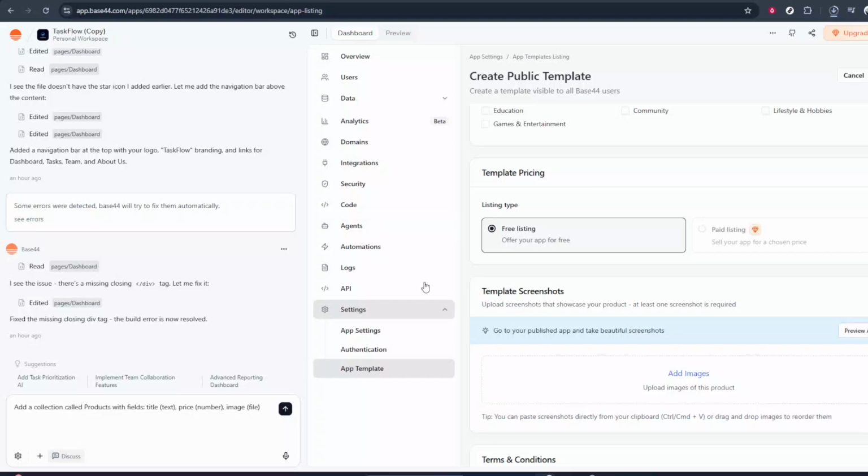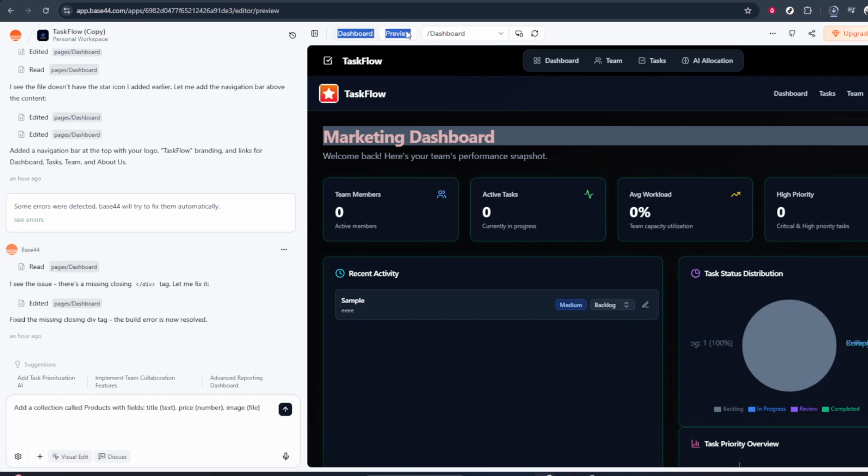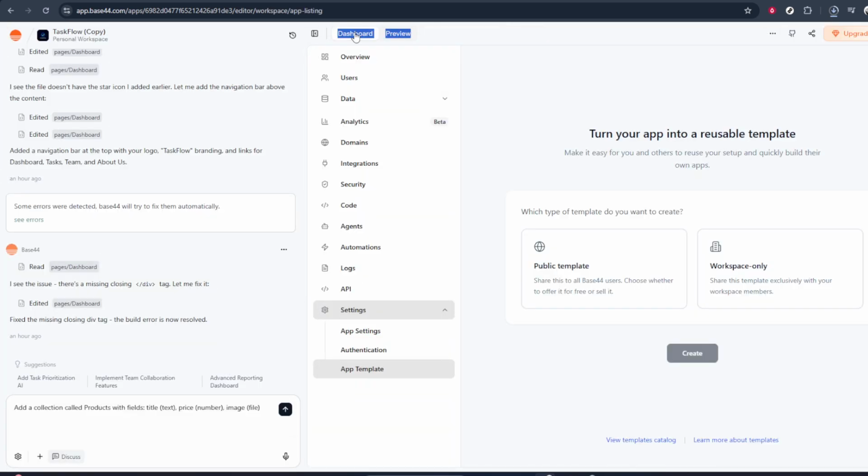In today's video, I'm going to teach you how to sell your Base44 app. We'll walk through the exact steps you need to take inside Base44 so your app can be listed as a template that other people can purchase and use. I'll guide you slowly through the interface, explain what each action does, and share a few tips to make the